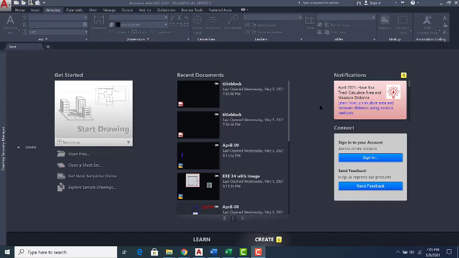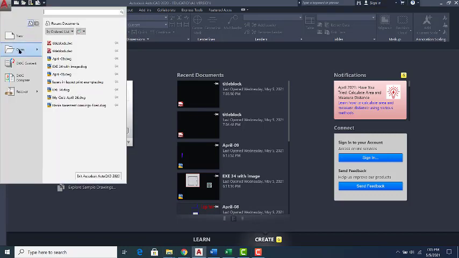I want to add my title block to my base drawing, to DWT drawing. And in order to do that, I have to open it as DWT. To open a DWT as DWT, I have to open it from AutoCAD, not outside of the AutoCAD, okay? To do so, I can go here,